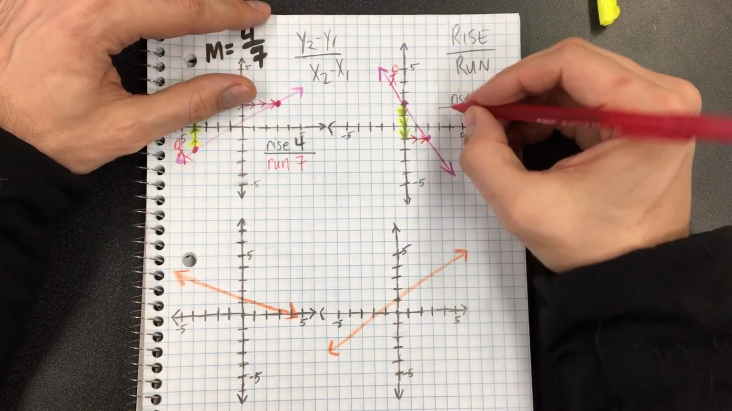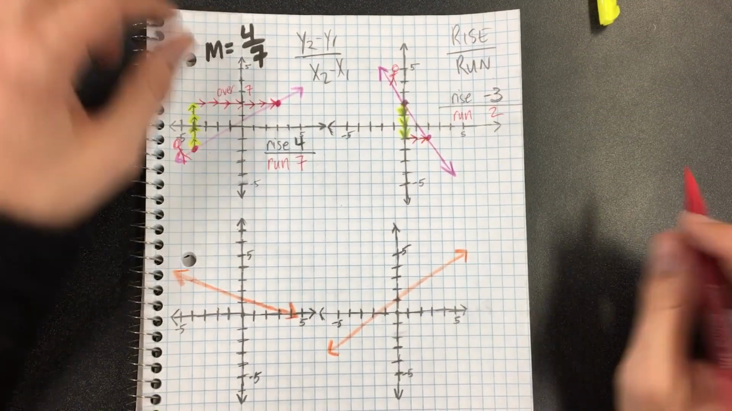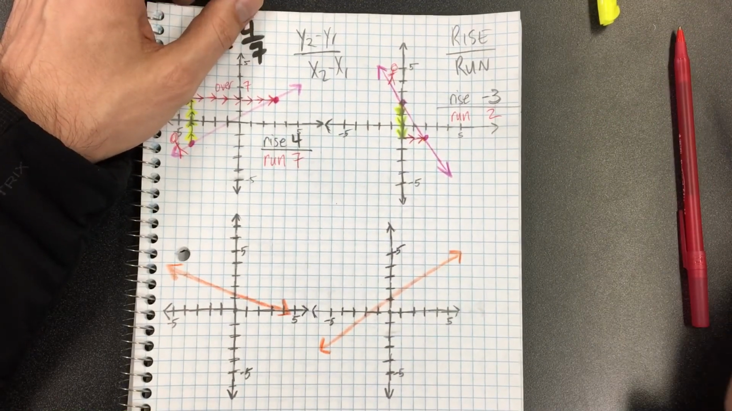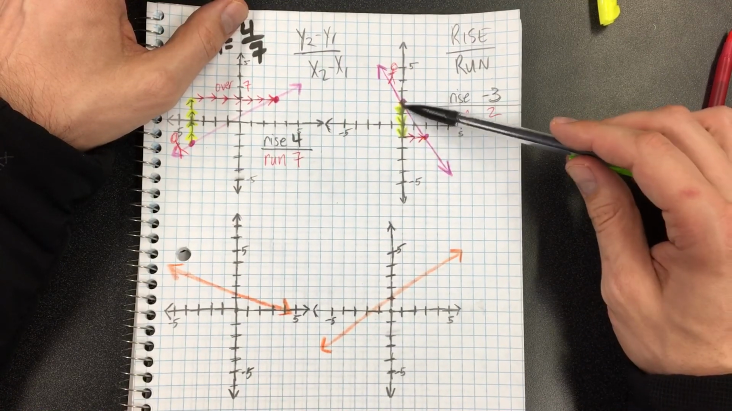You should always, always, always be going to the right whenever you do the run. If you're not going to the right, that means you've made a mistake and you did something wrong in the first step. So here it is. I was rising -3. That means I actually went down -3, or down 3 places, and then I went 2